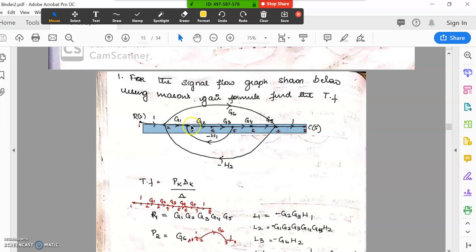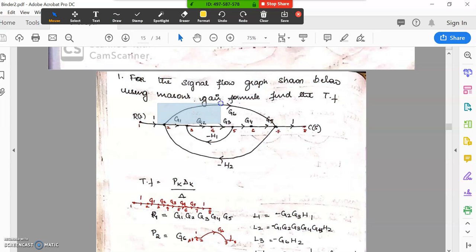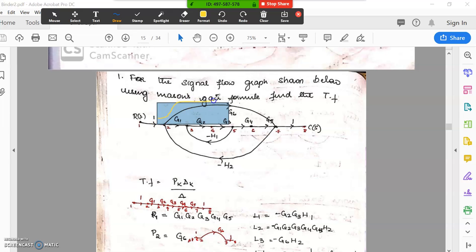Here, the loop that does not touch any node, that will be the delta K. For our first feedback path there was no loop, no loop that was not touching the feedback path. Whereas for the second one, if you see here, this will be the second forward path, second loop, and the second forward path was this one. This was the second forward path, and we had one